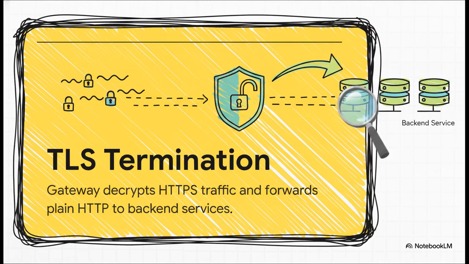Moving up, Level 5 introduces TLS termination. Let's bust some jargon really quickly here. When users connect over HTTPS, the traffic is encrypted using Transport Layer Security, or TLS. Managing those certificates on every single backend service is just a massive headache. With the Gateway API, the gateway holds the certificate and the private key. It literally terminates, or decrypts, the connection right at the edge of the cluster, and then it forwards plain, unencrypted HTTP traffic to your backend services. This makes your backend services vastly simpler and way lighter. If you curl the HTTPS endpoint, your CLI will show a successful TLS handshake handled entirely by the gateway,